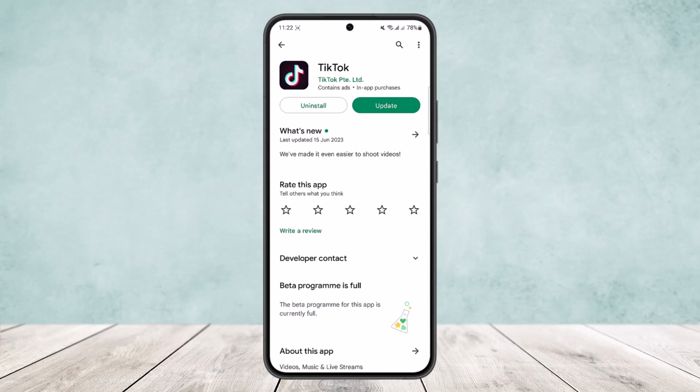Now, how to get rid of a shadow ban? Well, there is no secret formula to reverse a shadow ban. You'll most likely have to ride this time period out and take a break from producing content on the platform. However, what you can do is, if you have any flagged content on your app, delete it. Open up the app, head into your content, and then delete any flagged